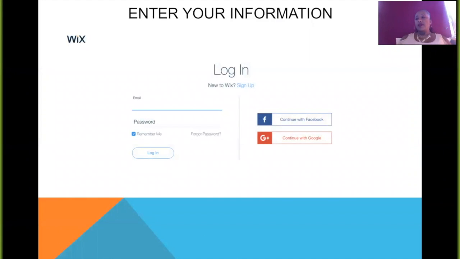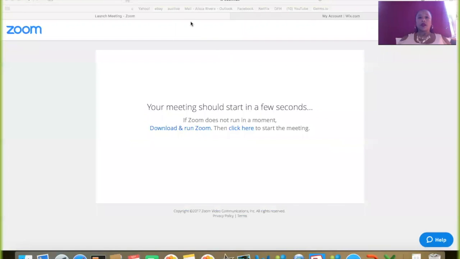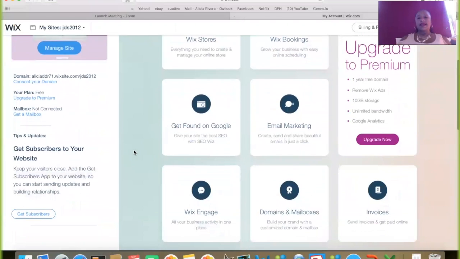The very next screen that you would see is the login screen. So you can log in with Facebook or Google Plus. Or you can type in your email and then click sign up right here, and it will ask you for your personal information. So once you've done all of this and you go to Wix.com. Now this is not the first thing you will see. The first thing you will see is a template